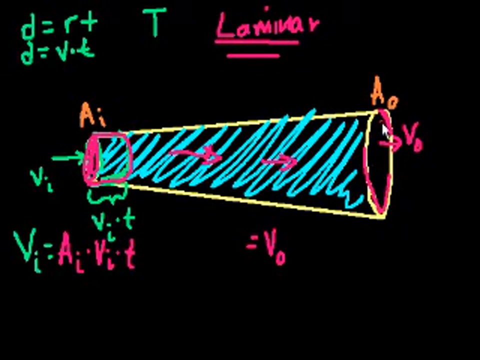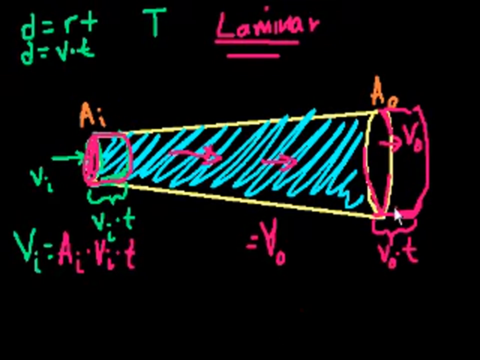Well, whatever water was here at the beginning of our time period will now be some distance will have come out, right? And we can kind of imagine a cylinder here. And what is, I guess in this case, the width of this cylinder? Well, it's going to be the velocity that the liquid is coming out on the right-hand side. Remember, this is a capital V, right? Capital V is for volume, lowercase v is for velocity. So it's going to be the output velocity, that's a lowercase v, times the same time,